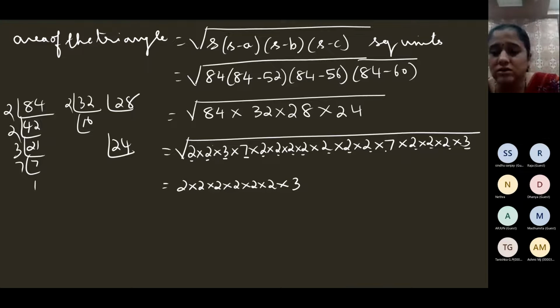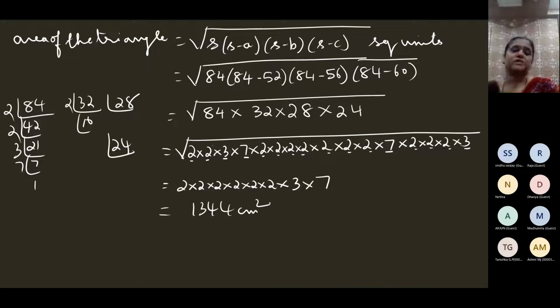Then 2 sevens, so 1 seven comes out of the square root. Have we taken everything? Yes, all done. So now find this product. 2 to the 4, 4 to the 8, 16, 32, 64. 64 into 21. I'm using the calculator. 64 into 21 is 1344